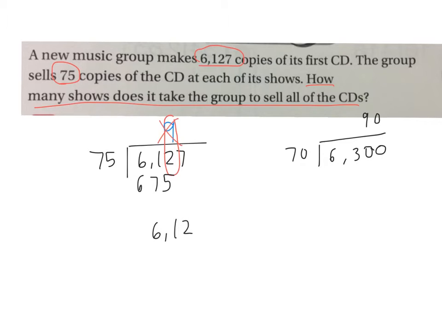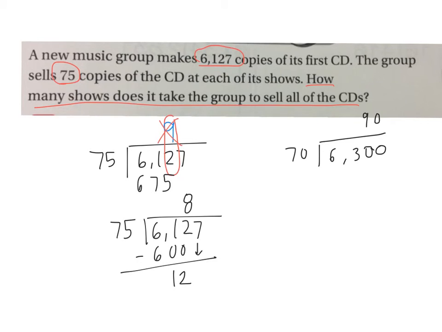So instead, we should do 6,000. We rewrite the problem, or we can erase it. And now we'll try 8 instead. Let's see if that works better. 8 times 75 is what, Colin? 600. Okay. Do we like that better? Does that make more sense? Very good. 612 minus 600 is